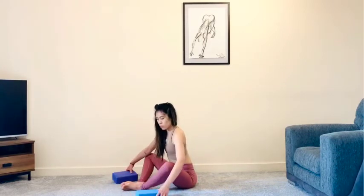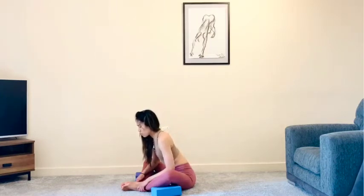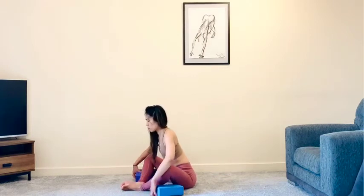Sitting nice and tall. If you feel the knees are really high up, you can always prop them up with a couple of blocks, cushions, or even roll up a blanket underneath the knees. This way you're taking away the effort so you can keep to that nice soft breath. So you can stay nice and tall. If it feels comfortable, you can always begin